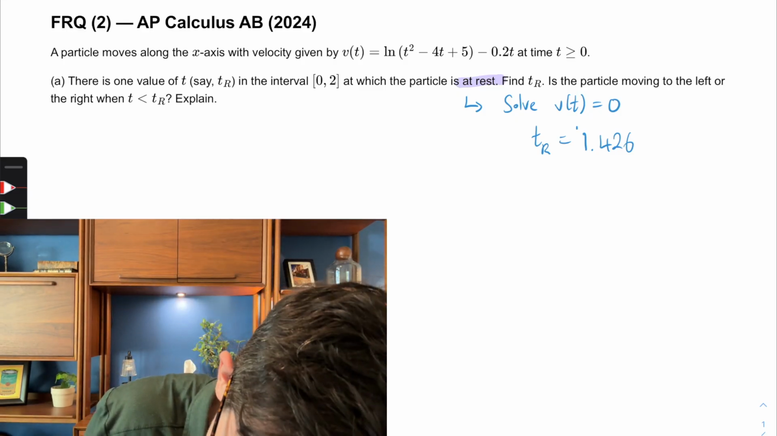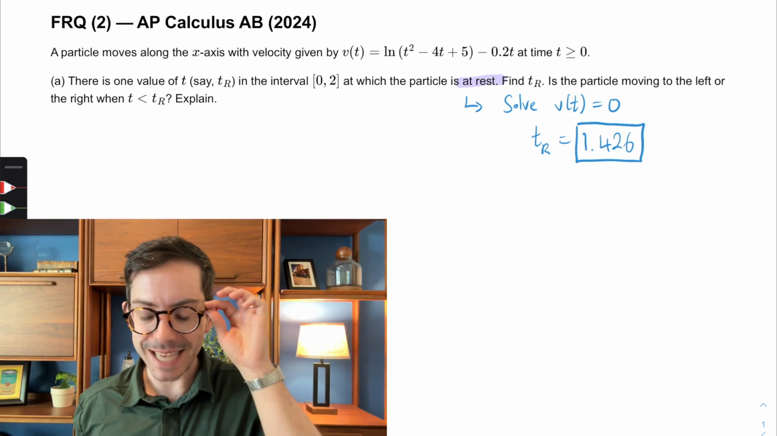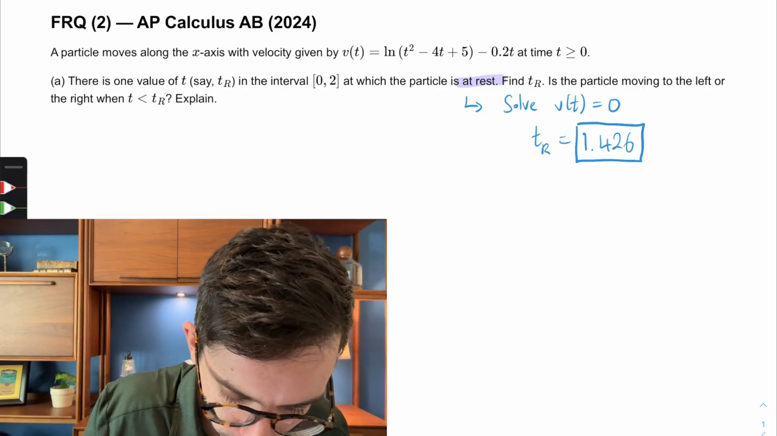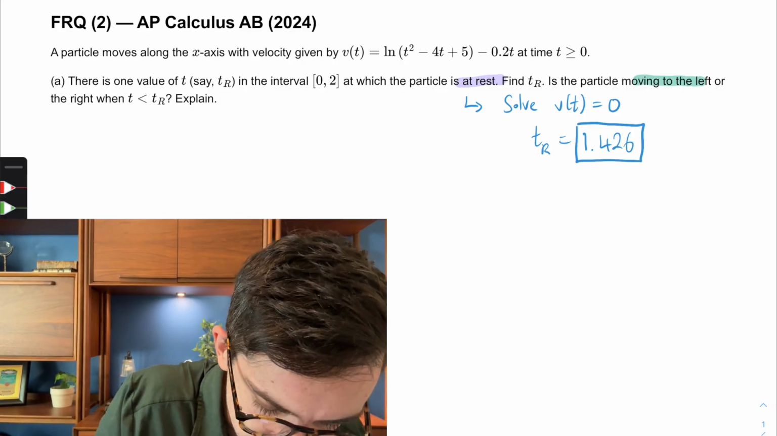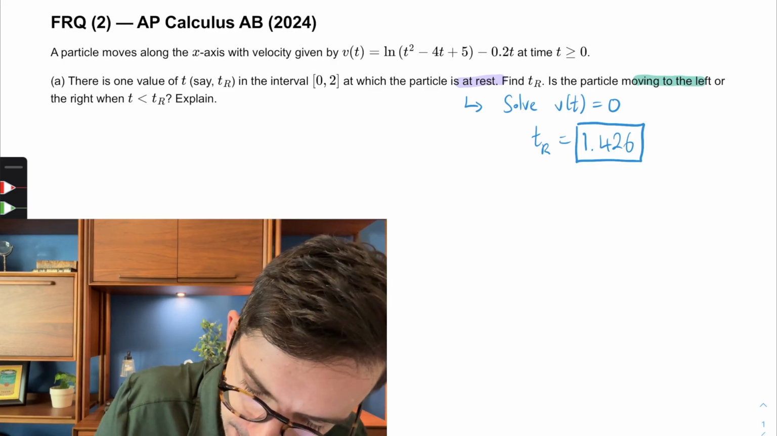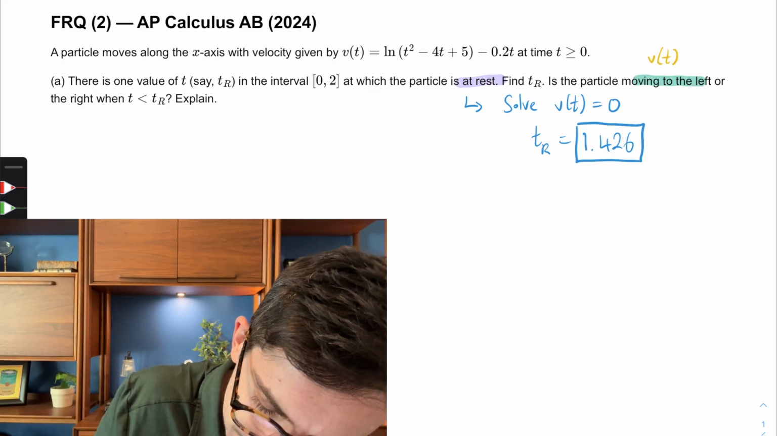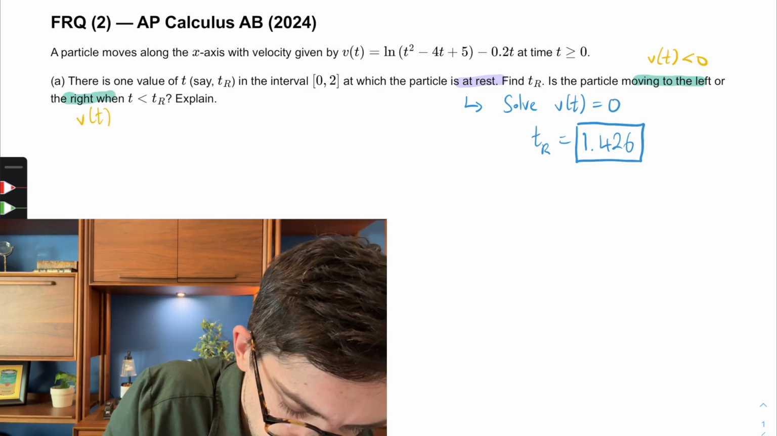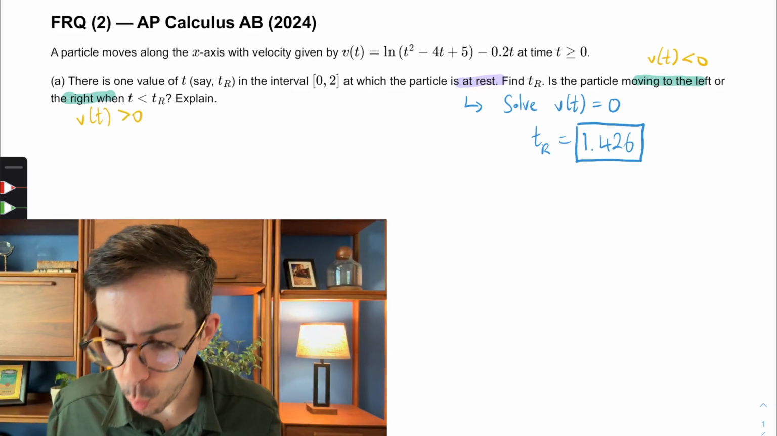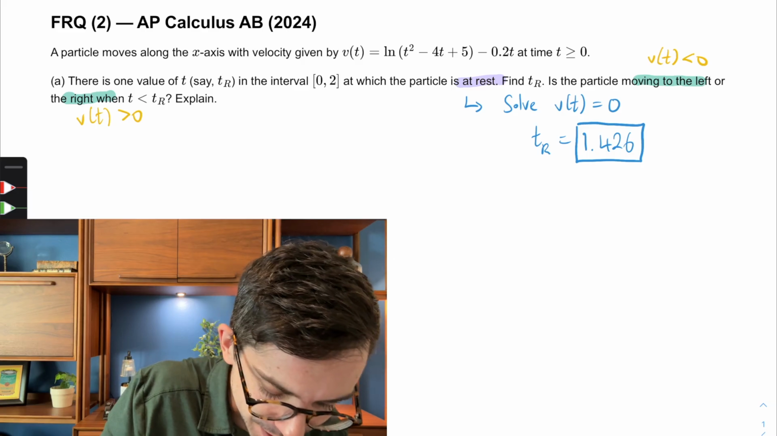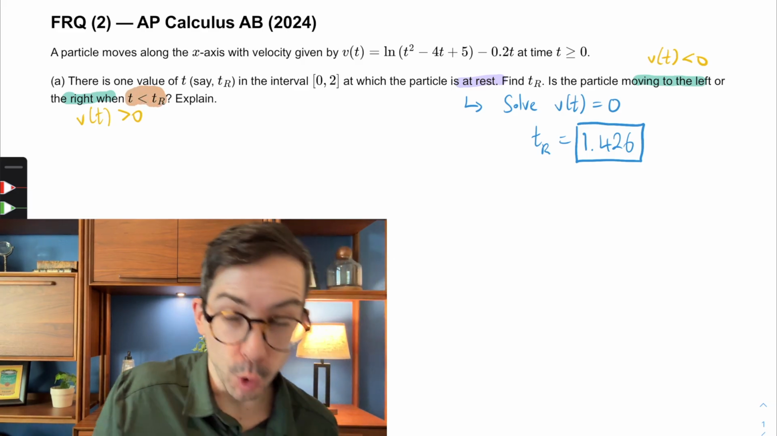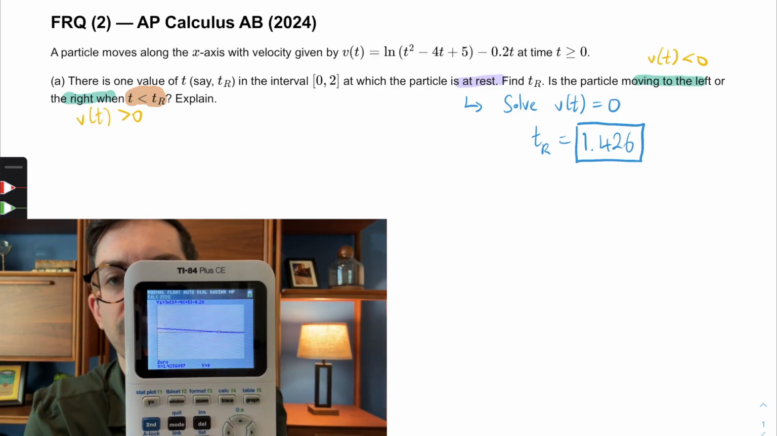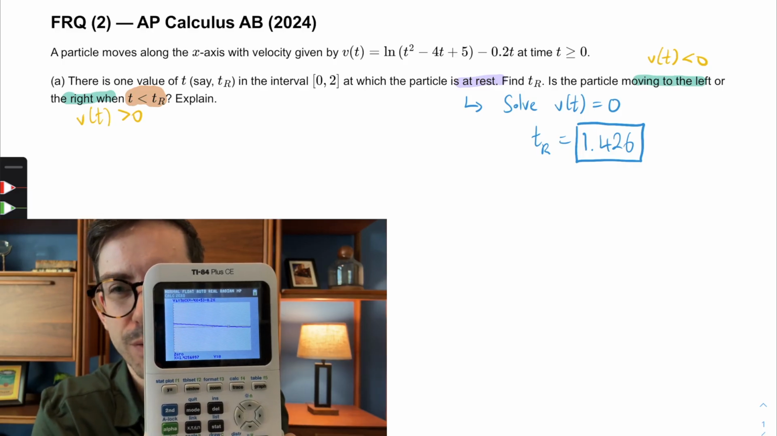Don't make that mistake like I almost just did, because we also have this second part where we're asked, is the particle moving to the left or to the right? So we need to remember, moving to the left means that the velocity is negative, and moving to the right means my velocity is positive. So when t is less than this value that we found, 1.426, what was my velocity function doing? Well, you can see it on my physical graph here, right? When I'm to the left of that intersection point with the x-axis,